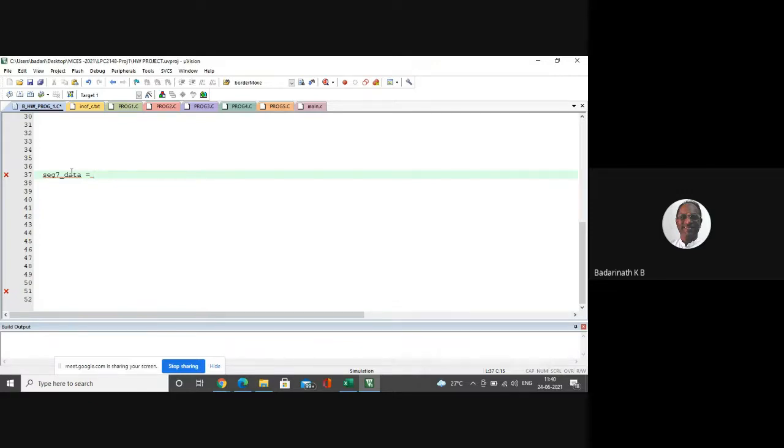For example, let's assume it contains the code for displaying 1. So for 1, the B and C segments should be 0, and the others 1. That is nothing but 0xF9, let's say this is the code. Segment 7 data is one variable, I'll declare it as unsigned char. This code is the 7 segment code for displaying the number 1. Now I have to develop a logic which will push this data into the shift